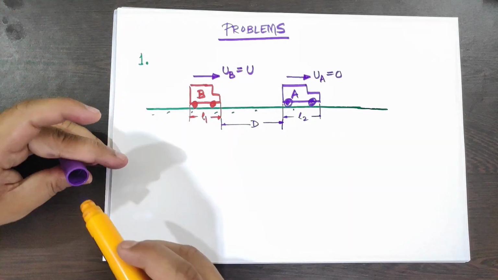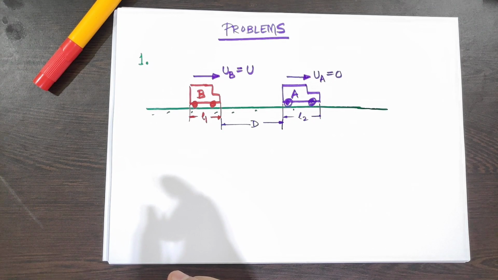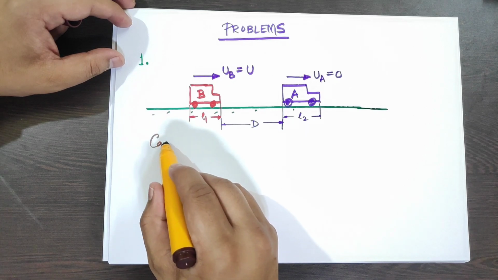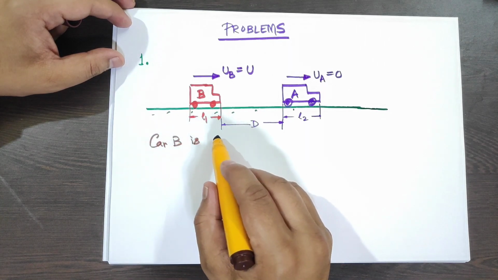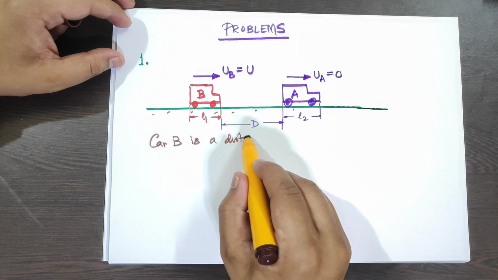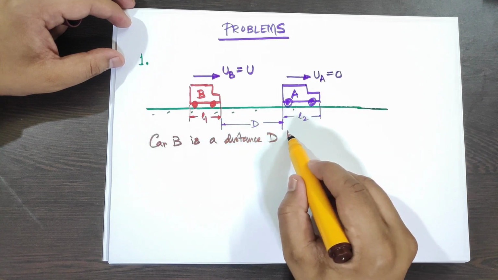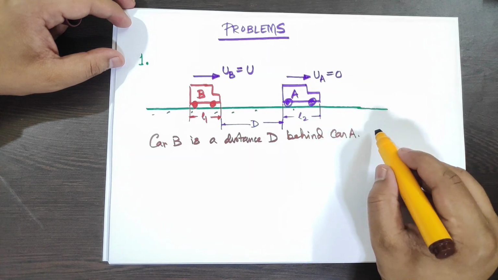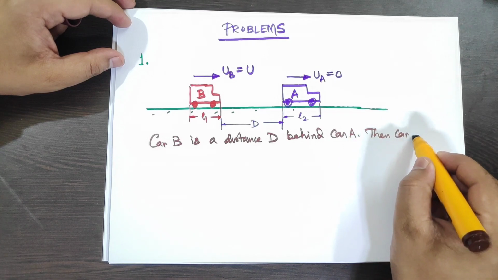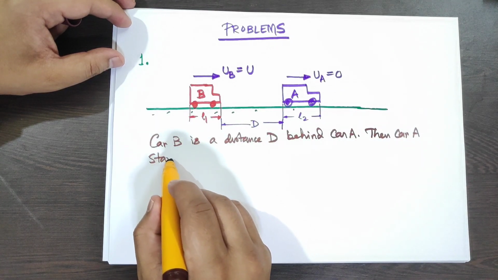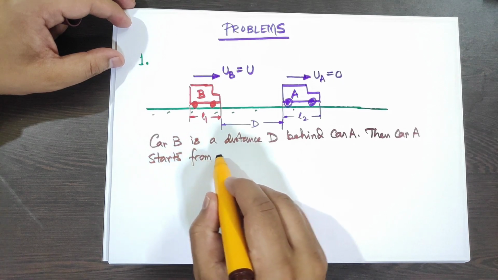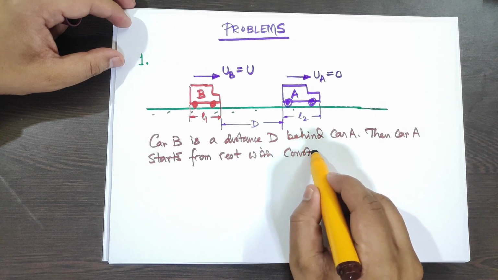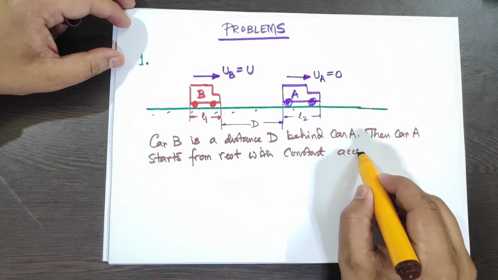And say, let me write the statements. Let me put the statements in order like this. Say car B is distance d behind car A. Then car A starts to move, starts from rest with constant acceleration,